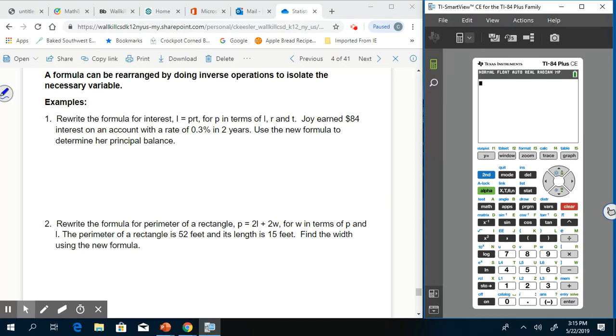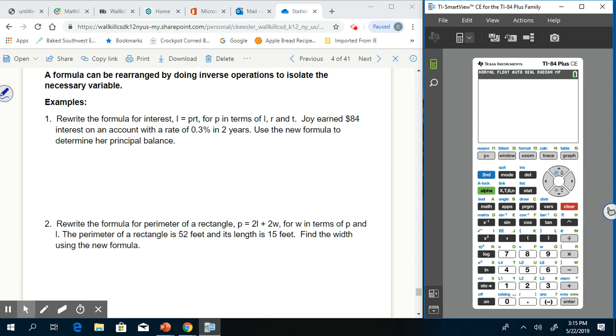So these can seem very tricky and the wording of it looks confusing, but I promise it's really not that hard. And you've done it already when you've been rewriting equations like y equals mx plus b from standard form into slope-intercept form. So let's take a look at number one. I'm going to do all of these with you today, and then you're going to try some on your own through GoFormative. So we have: rewrite the formula for interest, I equals PRT, for P in terms of I, R,